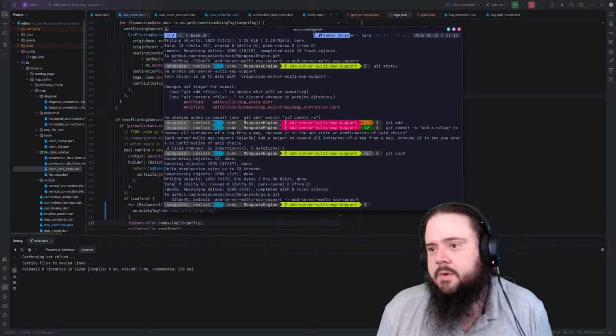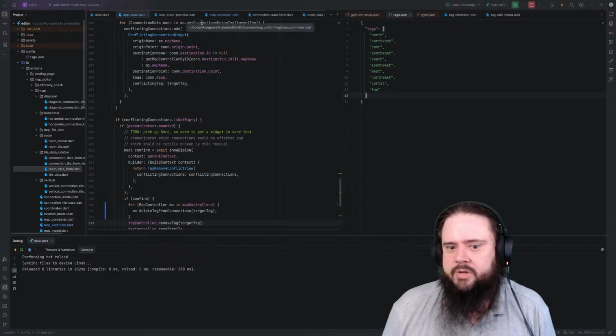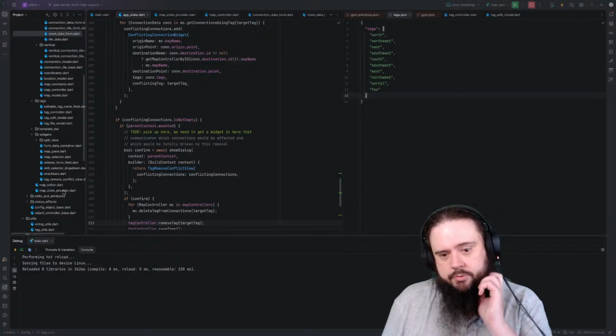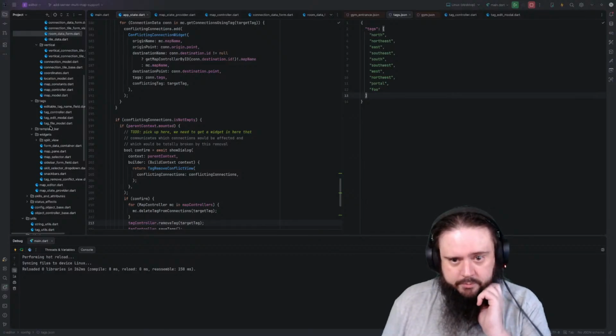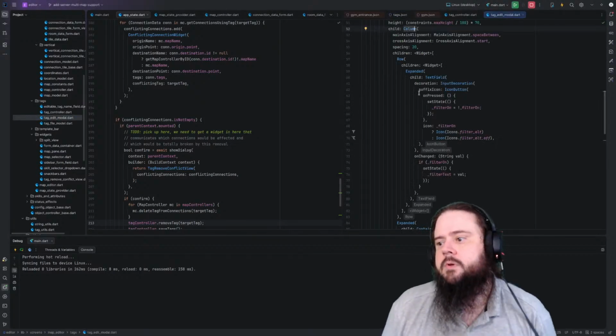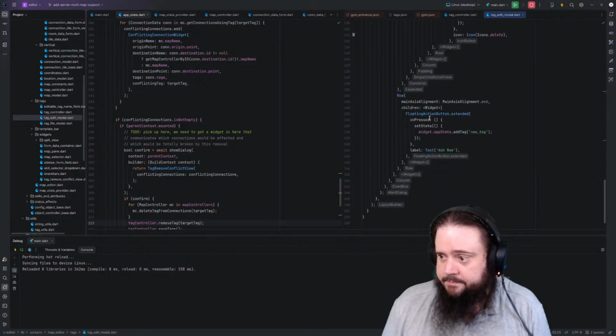Okay. We need to go to our tag editor. Tag edit modal. When I do a delete,